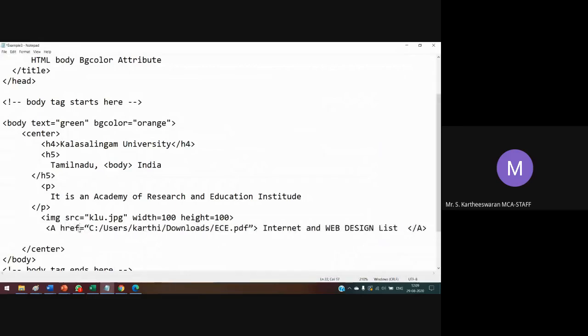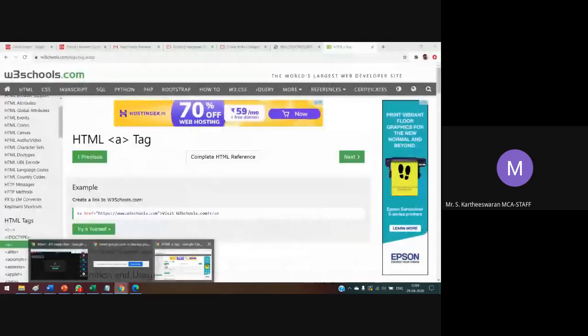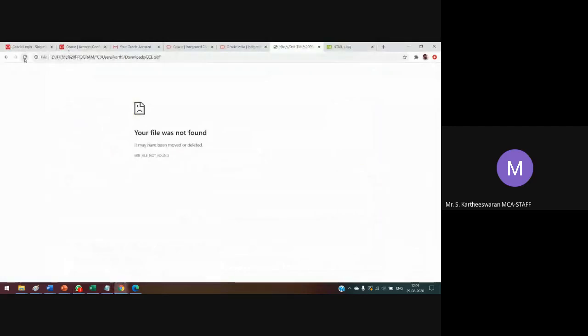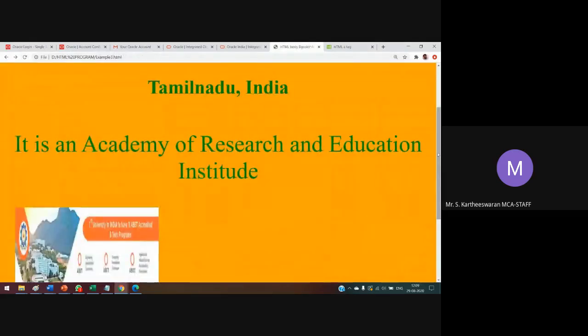HREF we have to write in small letters. Then instead of that, we have to save.